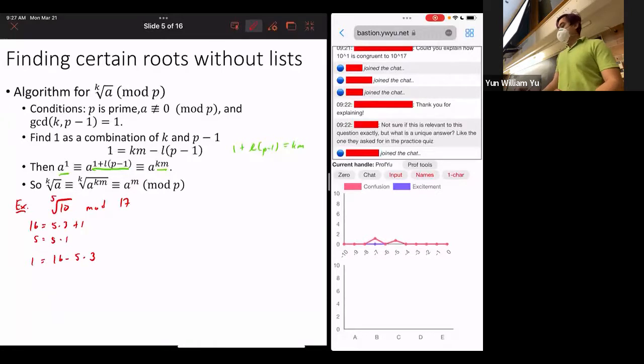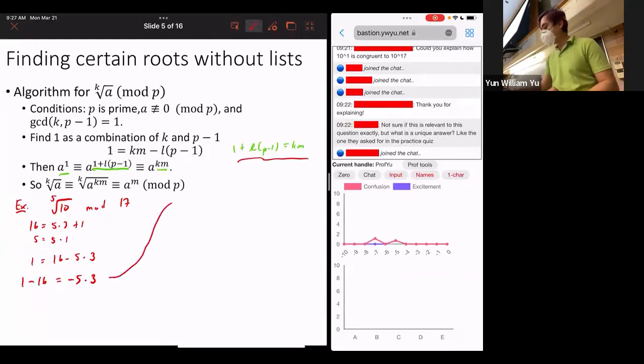Right? And if we're going to rewrite it this way, you can also rewrite this as 1 minus 16 is equal to minus 5 times 3, right? So what does that give you? Well, if you're going to do it step by step, instead of jumping ahead, at this point you could jump ahead and say a to the minus 3. But that's a little bit painful. So instead of jumping ahead, we're going to do it step by step. And we're going to ask, well, that means that a to the 1, let me rewrite,